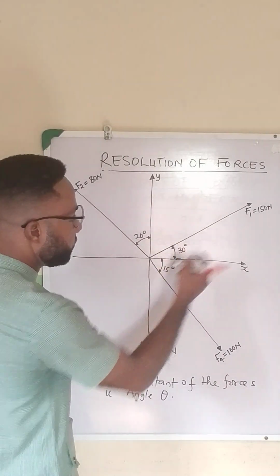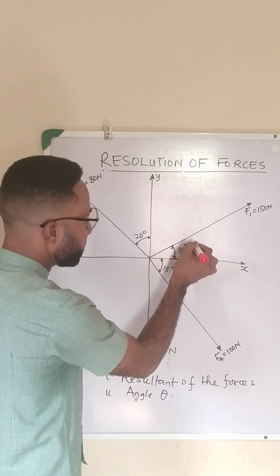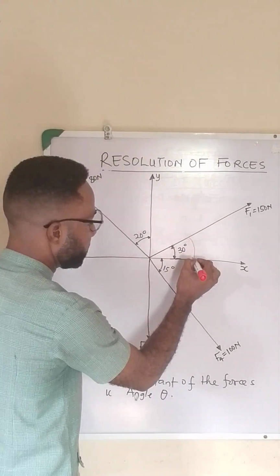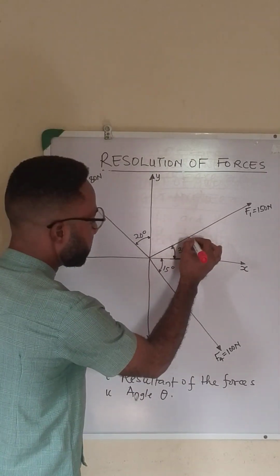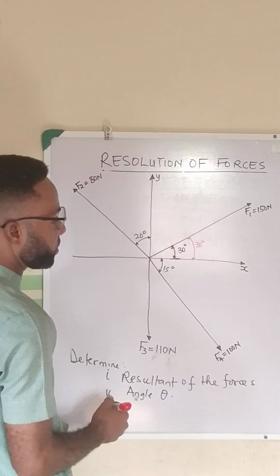So for this first force, F1, the angle is from this positive side of x down here. Let me do it this way, from here down here, and it's 30 degrees. Okay, so that is for force